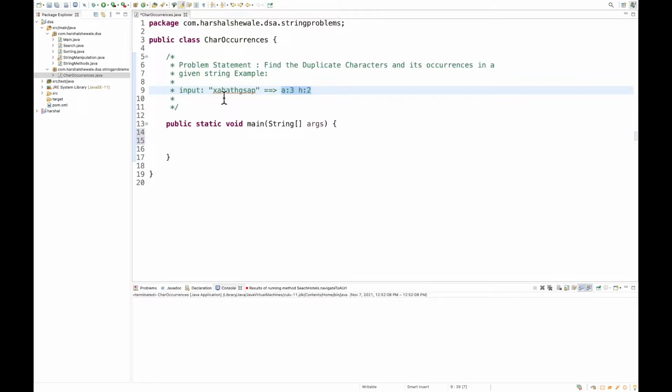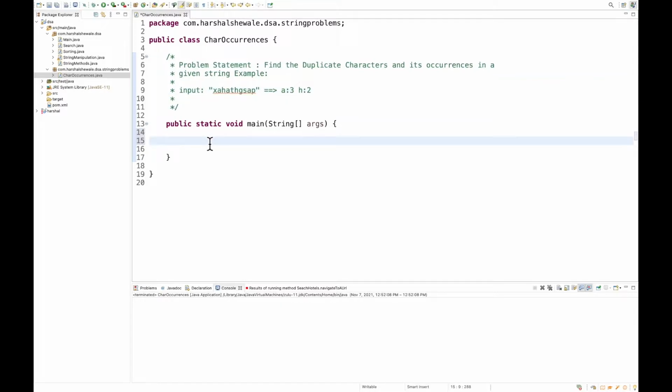You can see A comes 3 times and H comes 2 times. So A is the character and its occurrence is 3. H is the character in this string and its occurrence is 2. We do have X, we do have T, but their occurrence is only 1. That means those characters are not duplicates. So we have to find the duplicate characters and their occurrences.